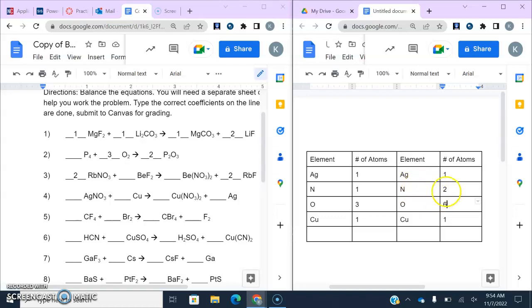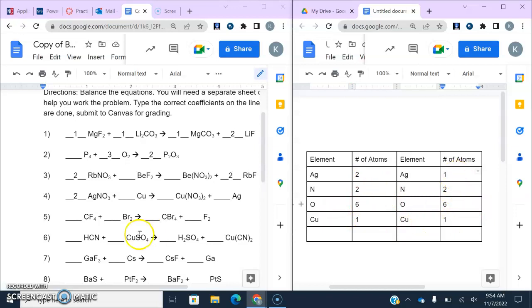So right off the bat here, I see I have 2 nitrogens on the right, so I'm going to go ahead and try to get my nitrogens up on the left, okay? And a lot of times when you do this, everything else will fall into place. So I'm going to have to put a 2 coefficient there, because that's where my nitrogen is on my left. Again, we got to keep up and make sure we are adjusting as we go. This will then turn into 2 silver, 2 nitrogen, and 6 oxygen, which now we've got balanced nitrogens, balanced coppers, and balanced oxygens, but my silver here